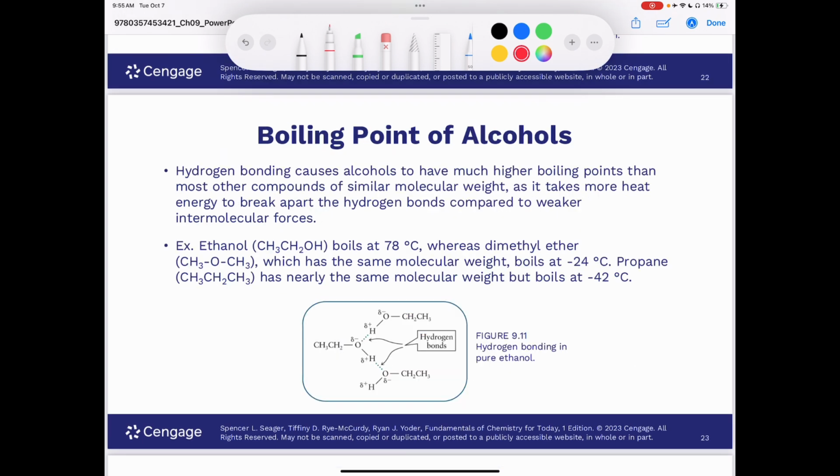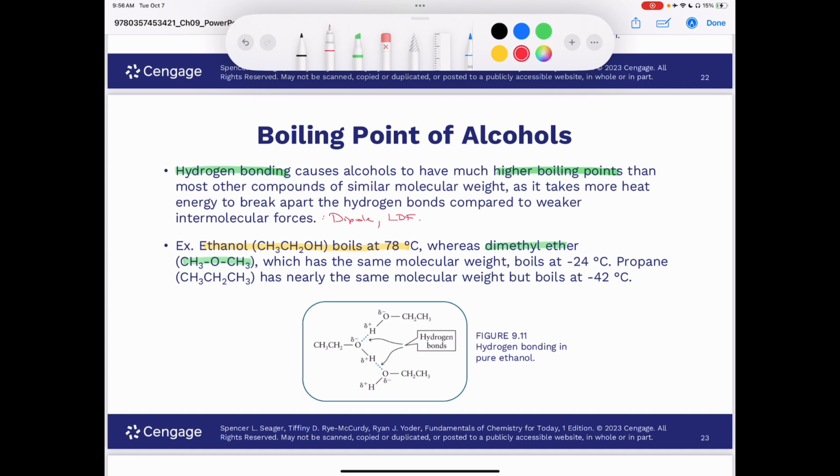All right, now how does hydrogen bonding affect the boiling point of alcohols? Well, hydrogen bonding causes alcohols to have higher boiling points than most other compounds of similar molecular weight, as it takes more heat energy to break apart the hydrogen bonds compared to weaker intermolecular forces, such as dipoles or London dispersion forces. So ethanol, which is the alcohol that's found in alcoholic beverages, boils at 78 degrees Celsius, whereas dimethyl ether, this compound here, CH3OCH3, which has the